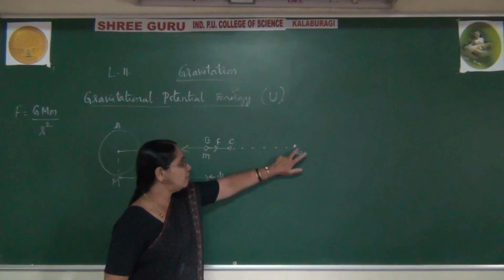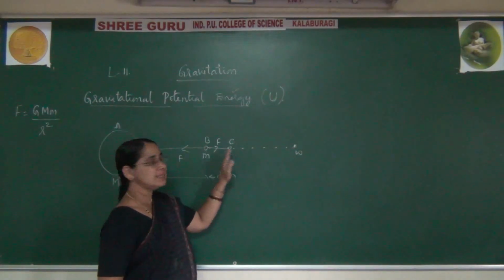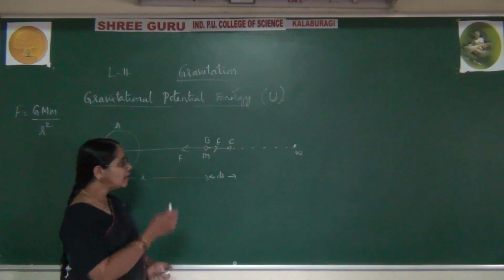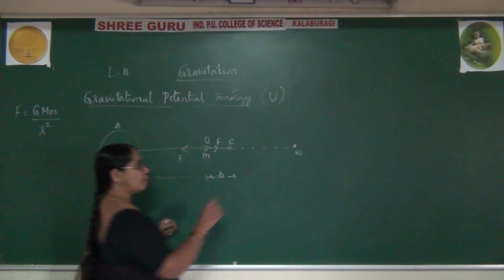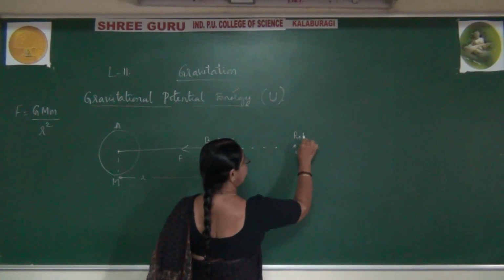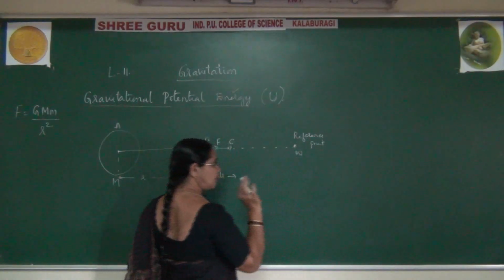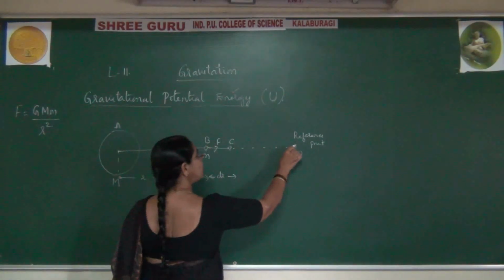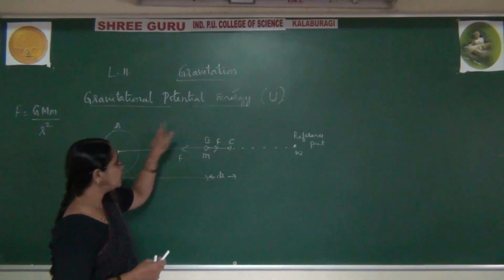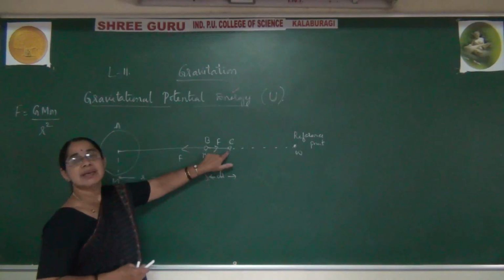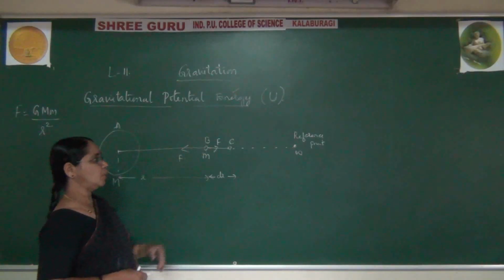Now it is being brought from infinity to this point. You are bringing an object from infinity to this point, which means you are doing some work against the field. So work is done by bringing an object. This is our reference point. What is the reference point? Particularly, it is infinity. So from infinity to a certain distance, we are bringing the object inside this gravitational field, and that experiences the gravitational potential energy. So this is the figure we had here.